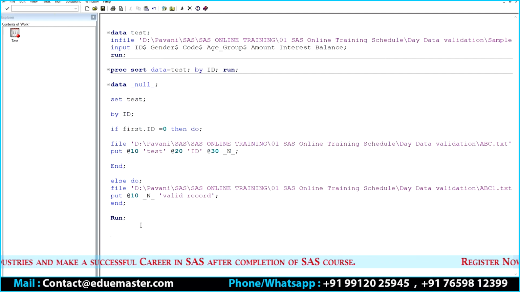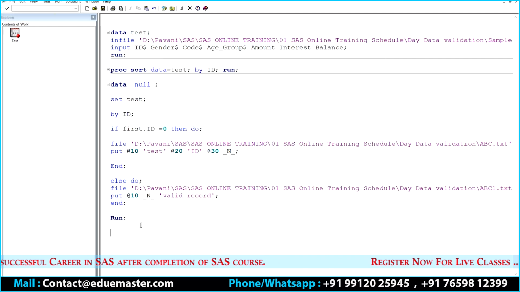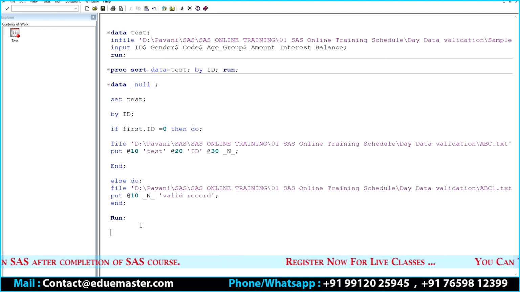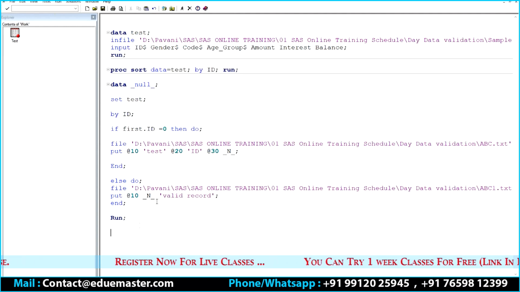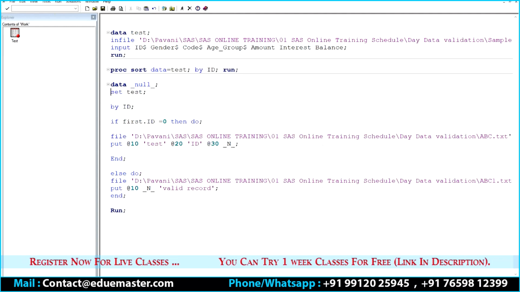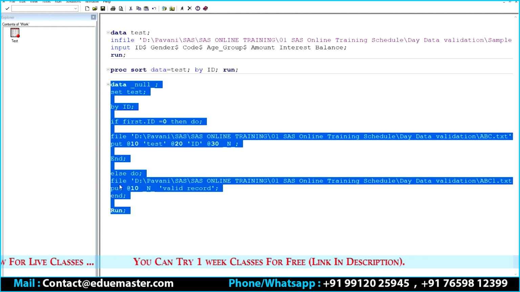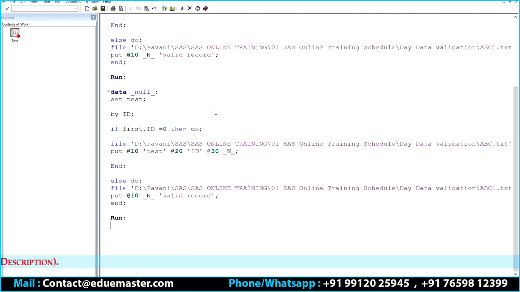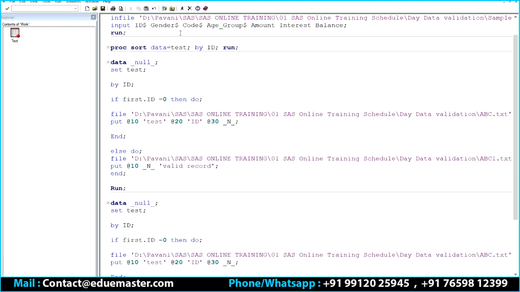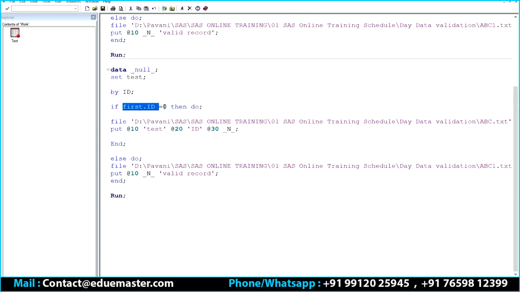Now the next one is, if you want to find the missing data, you can find the missing data also. Data null, set test. I'll take the same program and will modify accordingly. What are the different ways? Suppose it is not necessary that you have to check in all the variables. If you want to check in all the variables, take all the variables list. If you want to check only in few variables, specific variables, then take only that list. Okay. Here I'll check in all the variables. So write here